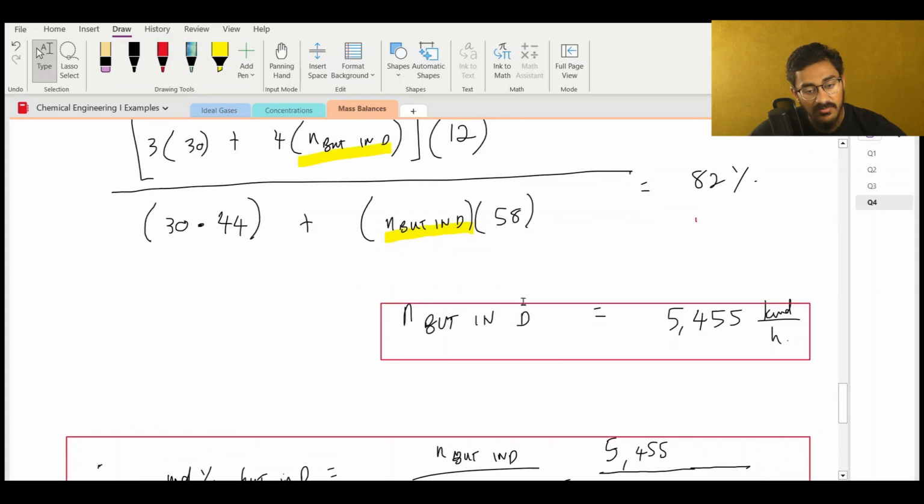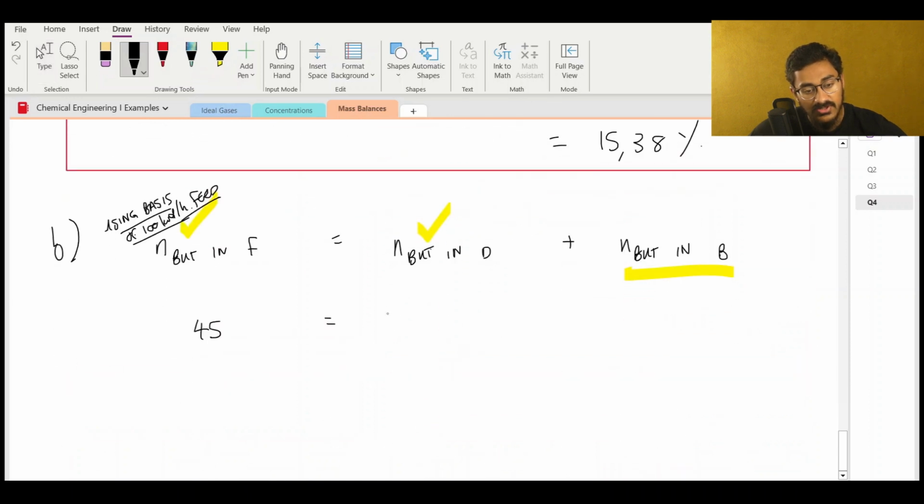Number of moles of butane in the distillate is 5.455. So that's 5.455 plus the number of moles of butane in the bottoms. And so the number of moles of butane in the bottoms is equal to 39.545